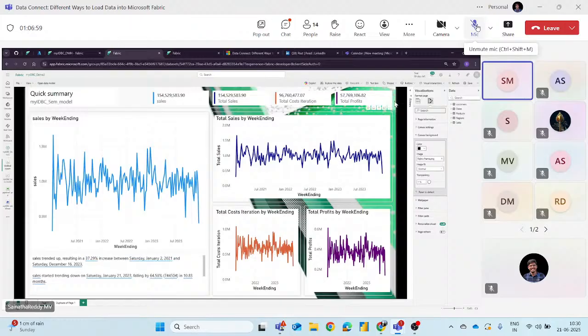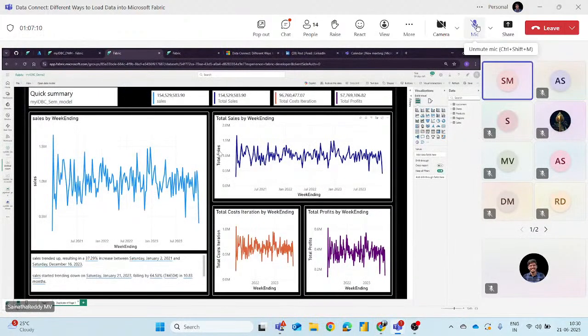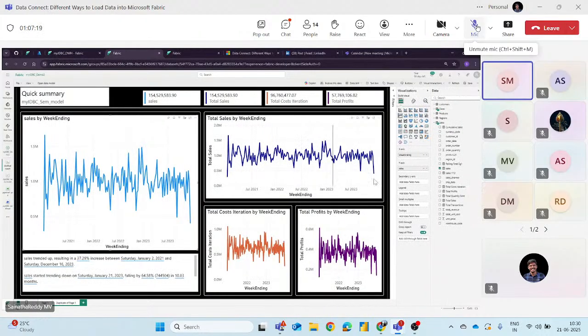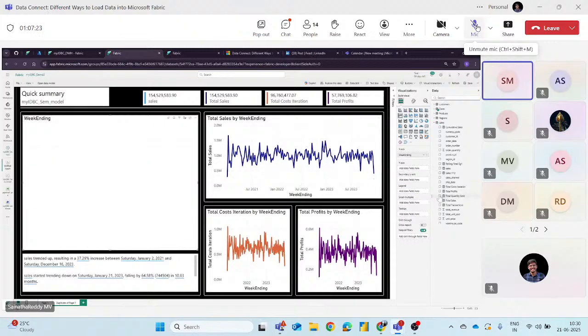There is something I need to change here. We have created some data models. I like this view, white and black. Okay, sales by week. We have already created some DAX measures, right? So why can't we use that total sales?